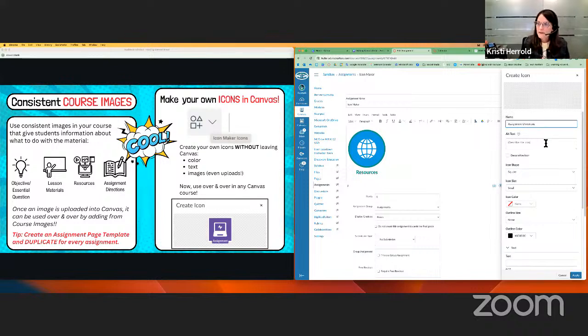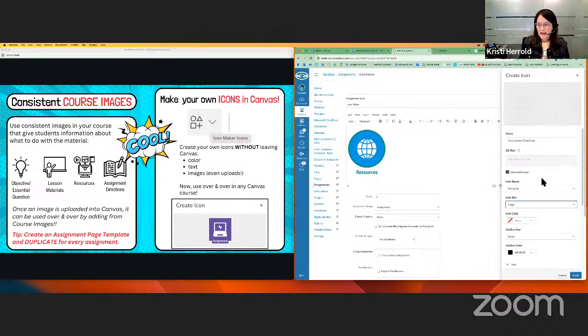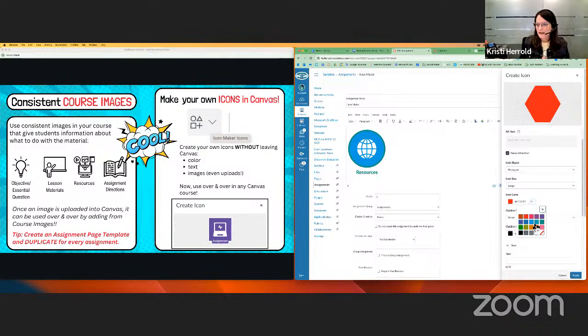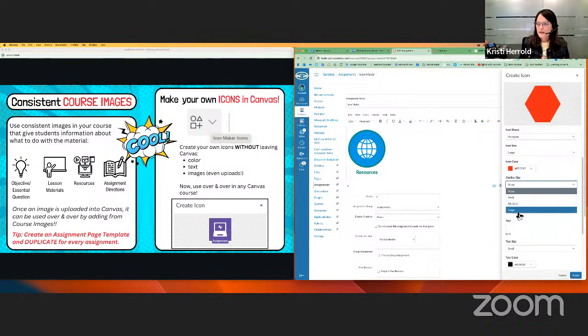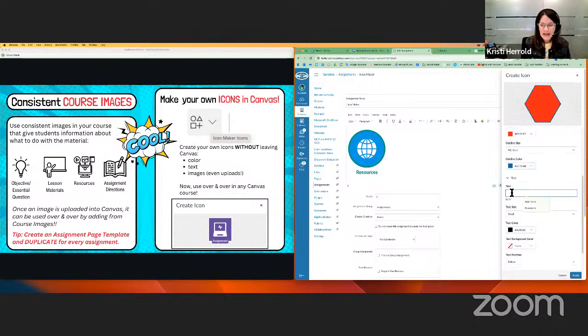by adding a title to it. You can do alt text, or you can just describe it as something that's decorative. You can choose your shape. We'll do a hexagon for this one. Then you can change the size and the color. There's a limited number of colors. I think you might be able to add your own. Nope, just have to choose from those. You can do an outline, and then you can change that color, and you can add text,